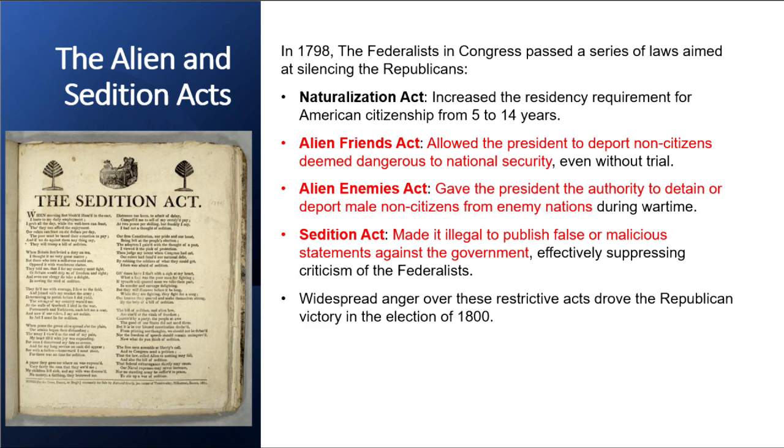They pushed through a set of laws known as the Alien and Sedition Acts. These were incredibly controversial laws that targeted immigrants and anyone who dared to criticize the government. Hold on. So in a nation founded on principles of free speech,